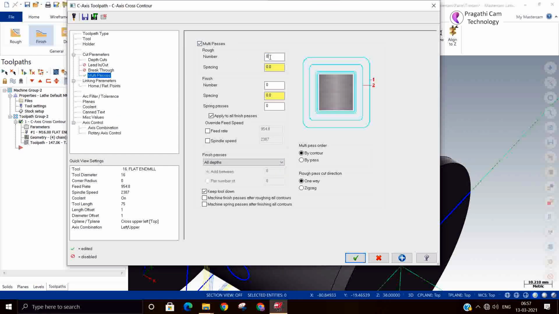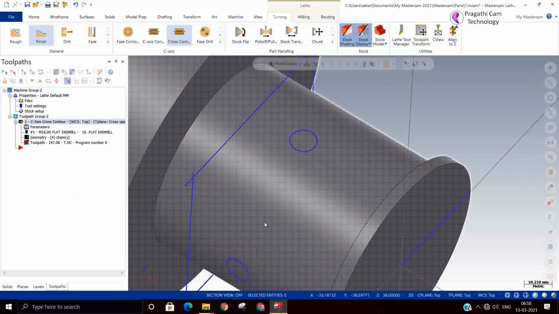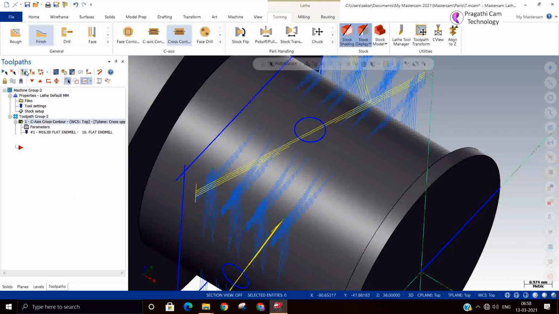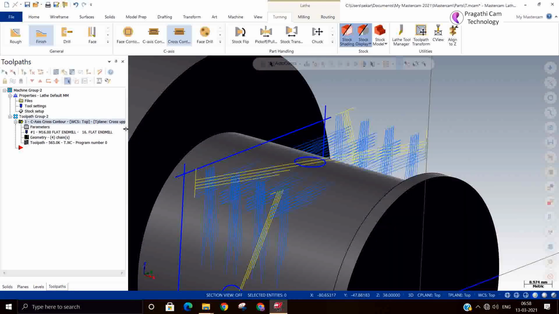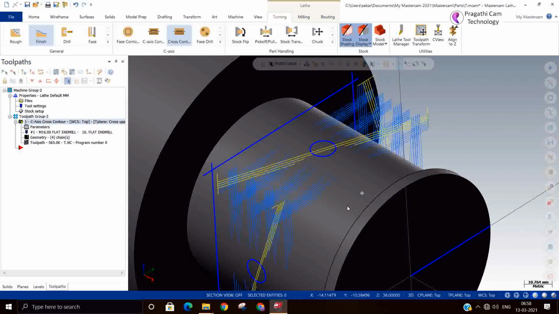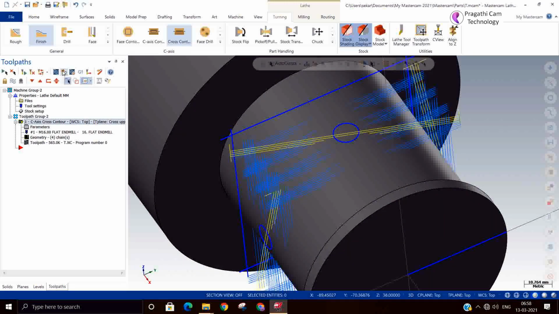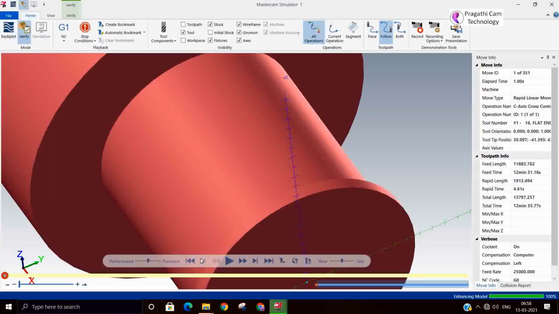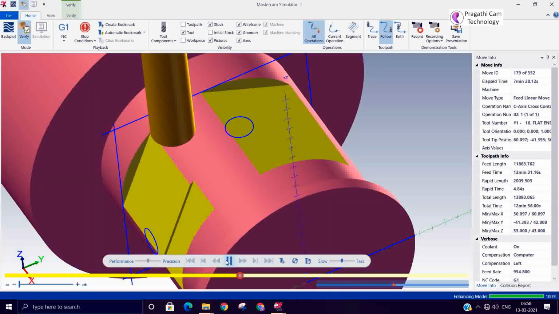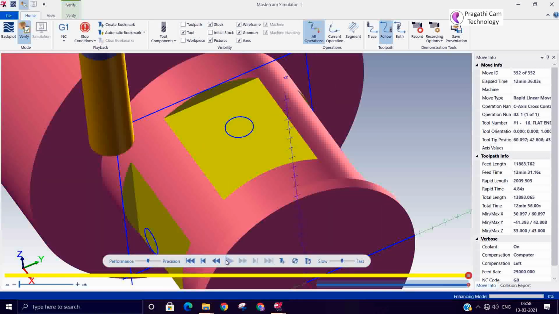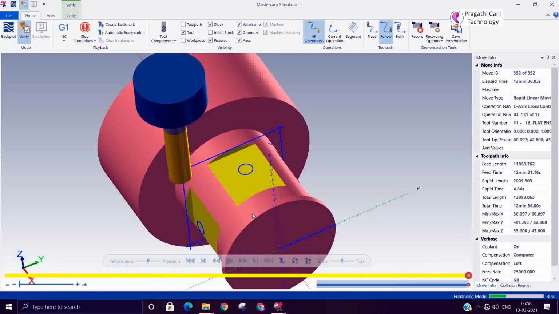I'll give 4 passes, so distance is 10 mm. Now let us see how it looks. Now you can see the tool is perpendicular to the cylinder.